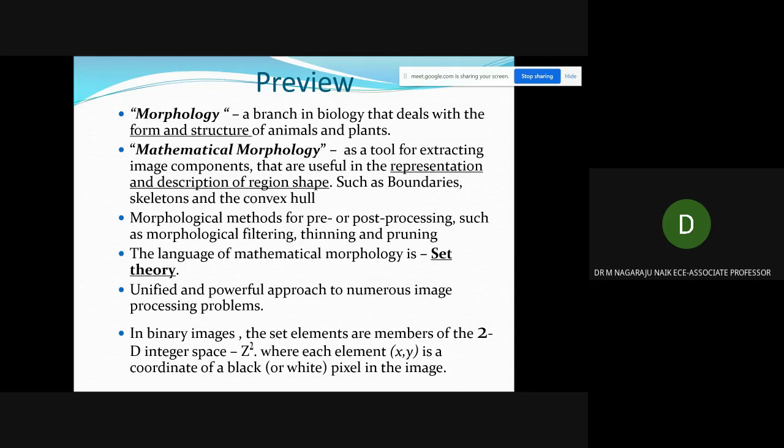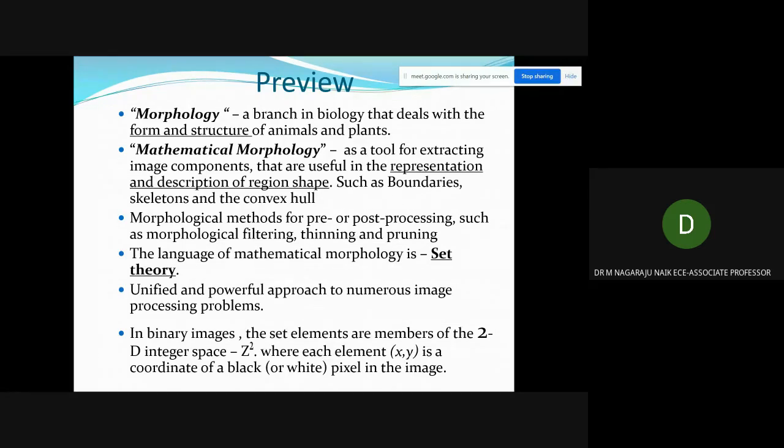Mathematical morphology is a tool for extracting image components that are useful in the representation and description of region shapes such as boundaries, skeletons, and convex hulls.